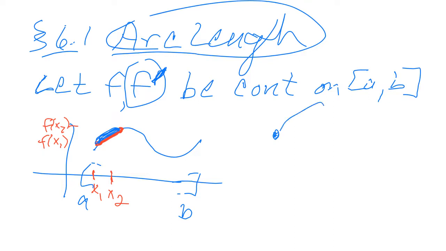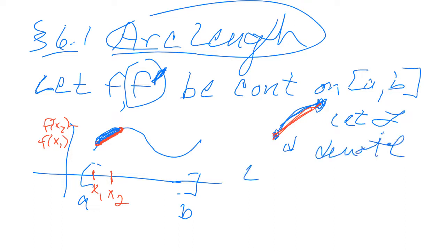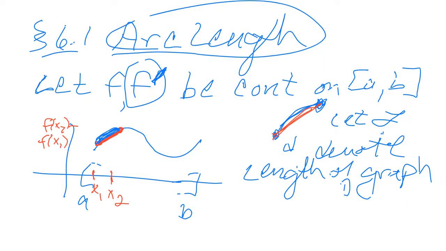Here's the curve. Anyway, this straight line that connects those dots is an approximate length. Does everybody agree? So what we're going to do is we're going to let L denote the length of the graph. Let L, so I'm going to use capital L, denote the length of the graph. So that'd be the blue. That blue piece. So that's longer than the red one, right? In the way I got it drawn. The blue,